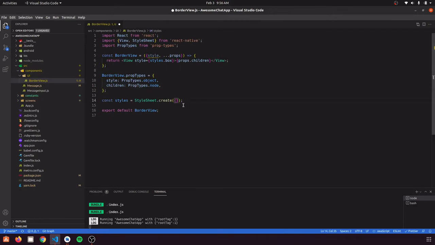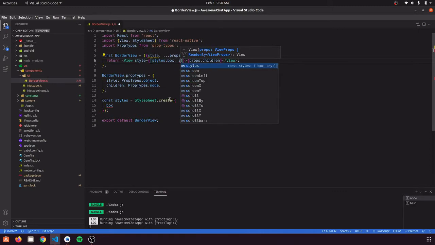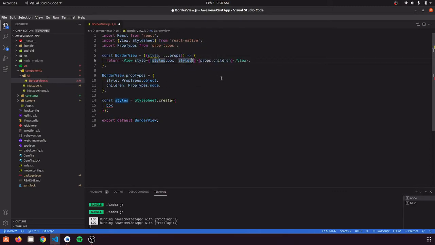And now we need to define this box here. So instead of giving just styles.box, we are going to override these styles with the input styles of the user also. So we are going to use this style here, and now we are going to define our box style.